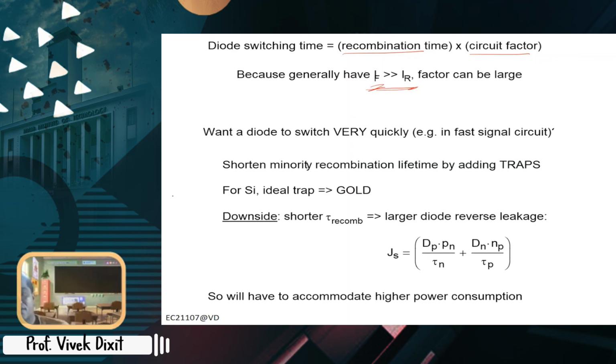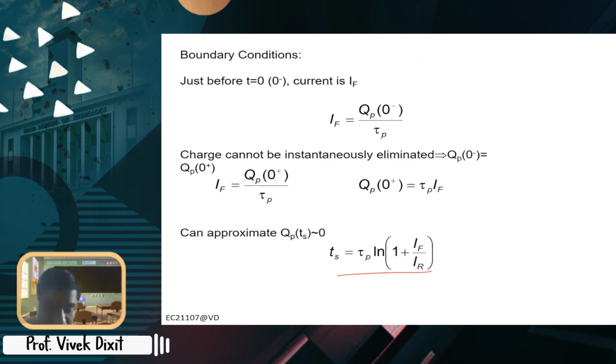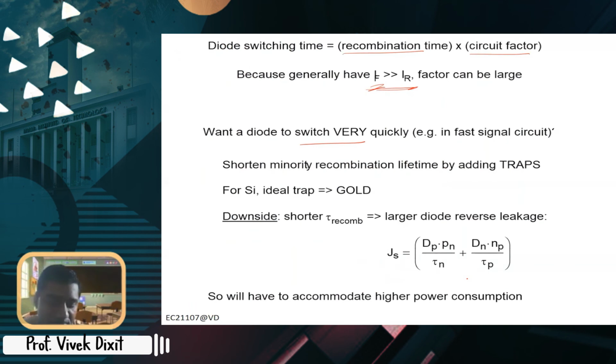So to turn it off quickly, we can increase the tau P, right? And how can we increase tau P? We can inject deep traps, because it depends on trap levels. So how can you introduce traps? For silicon, gold acts as a trap. So you can dope it with gold, adding these traps, and that will allow the PN junction to switch